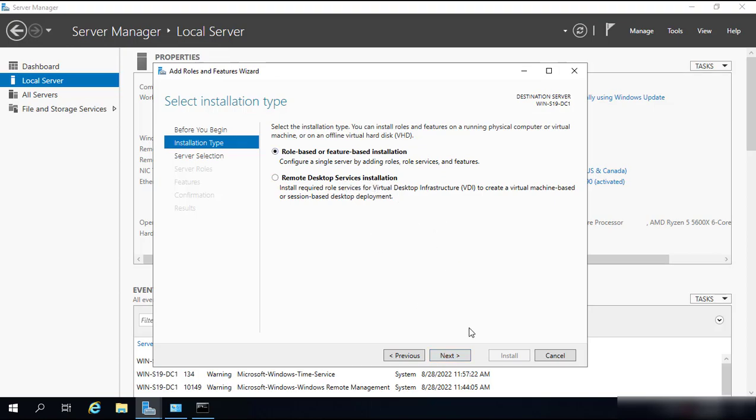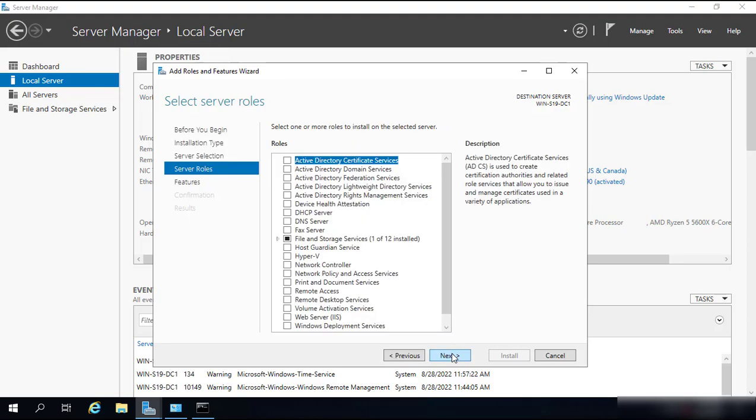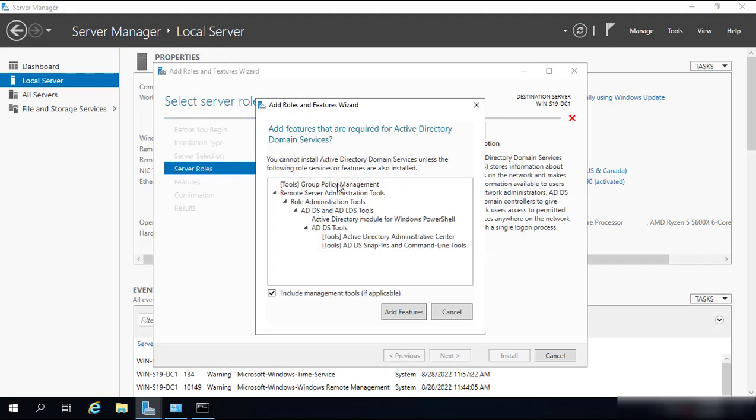I'm going to go with the first one. Then since I only have one server, which is this Windows Server operating system available over here, I'm going to select this one. In case you had more, you could install the Active Directory on those two. Then select next. From here, you need to select the Active Directory domain services, and it is going to ask